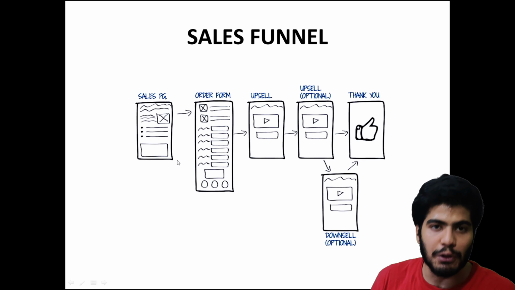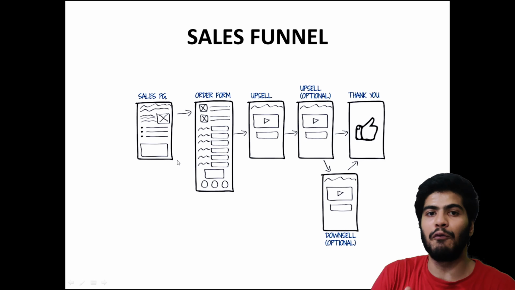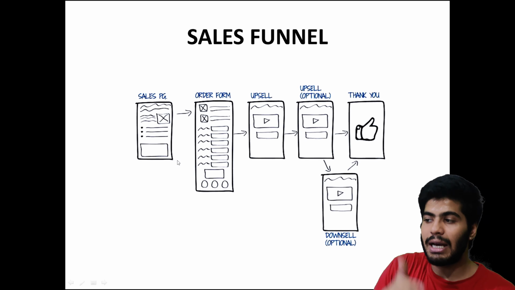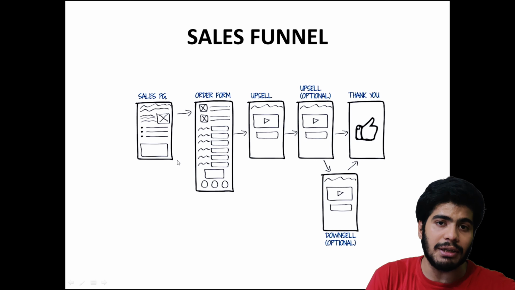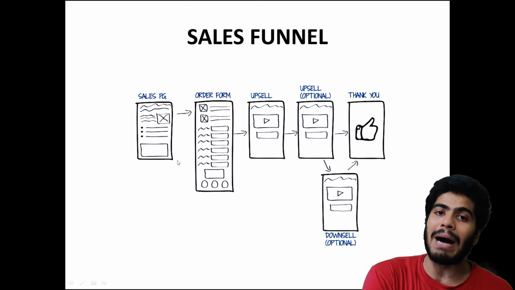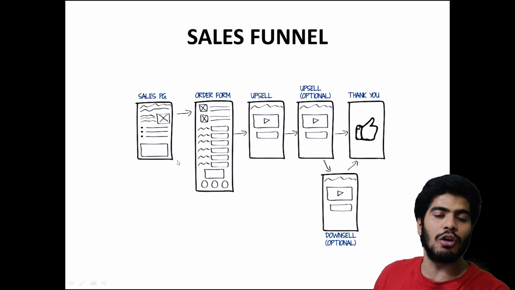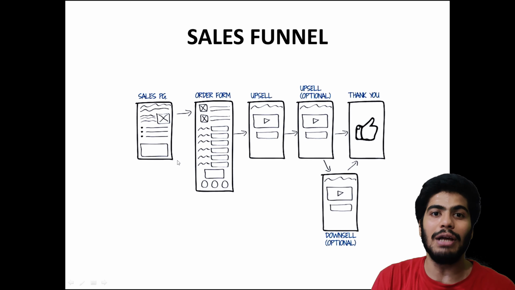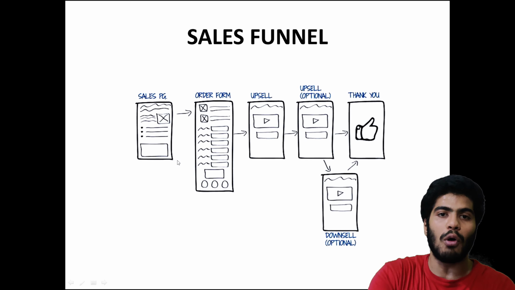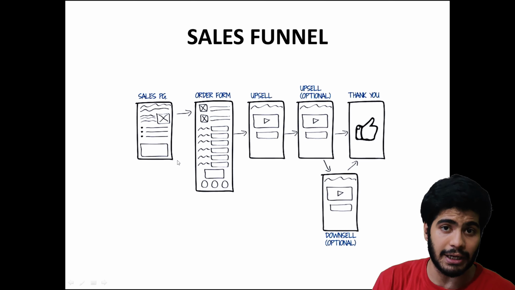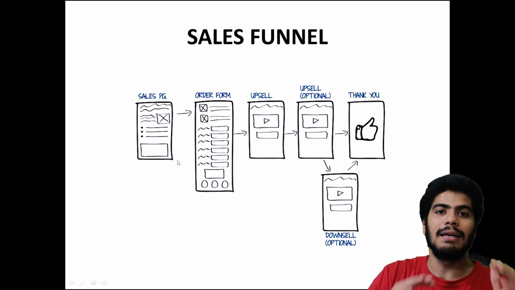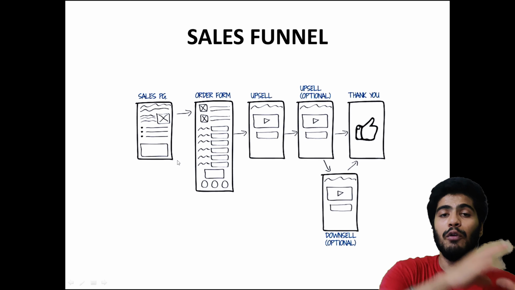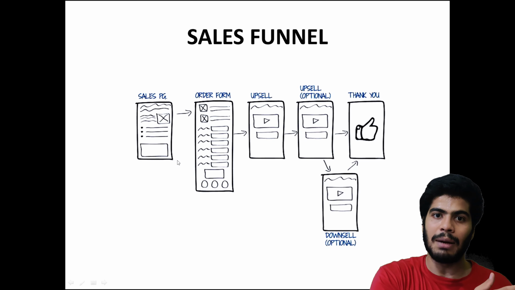So the person is not confused, and once he buys that product, we are going to do an upsell. Assume we were selling a $100 product, right? In the upsell, we are going to offer them a $500 product. Not everyone is going to buy that $500 product, but 30% of the people are going to take it. And then once that is done, we are going to do the downsell. In the downsell, we are going to offer something lower ticket, like a $50 product, right? Not everyone is going to buy that, but a few percent of the audience is going to buy it, and that is why we make a lot more money as compared to a website.